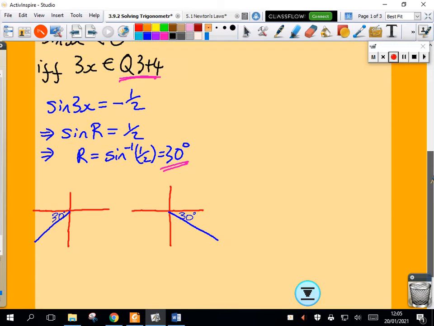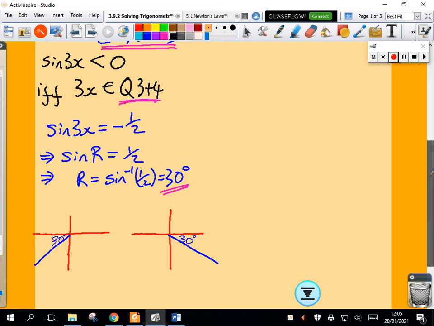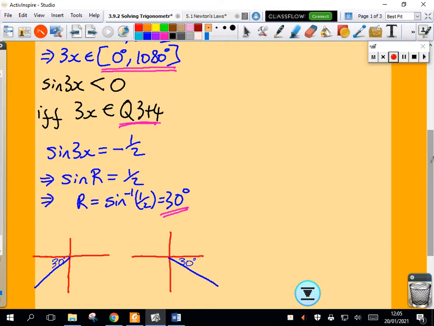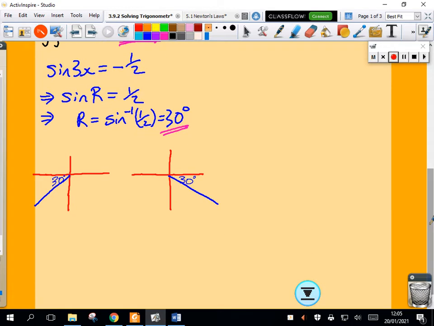We're looking for 3x. Okay? And we're talking about going from 0 to 1080 for 3x. So if I go around here, remember this is what x is, just going around here, or this is 3x, I should say, 3x going around here could be there. Now what's there? Well, that's 180 plus 30, so 3x could equal 180 plus 30,